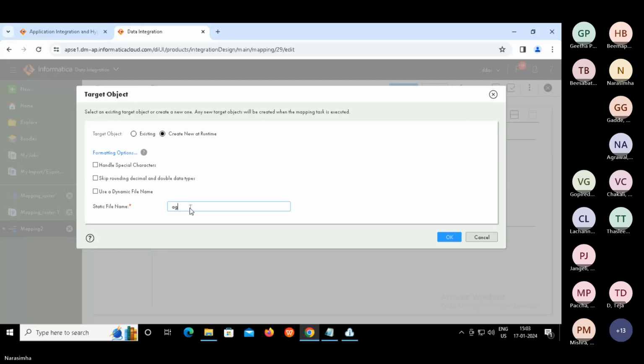You can put here aggregate, which is a count result, underscore target dot txt. And then say okay.